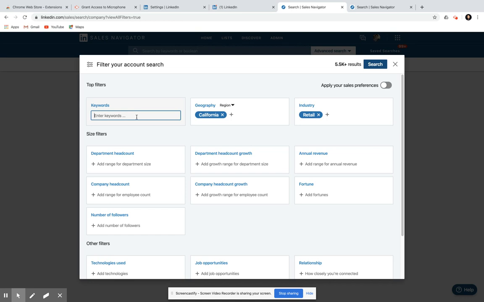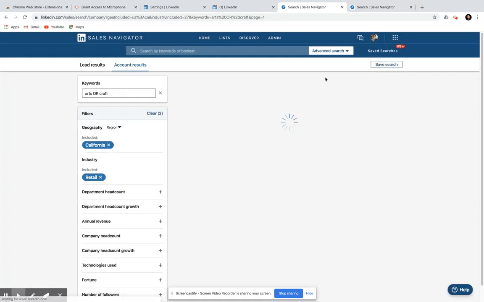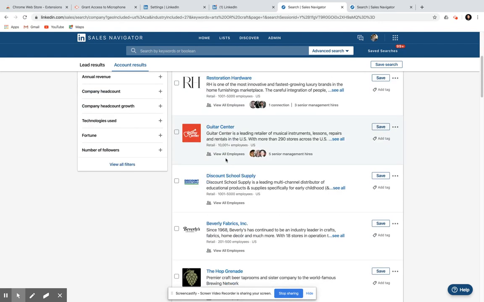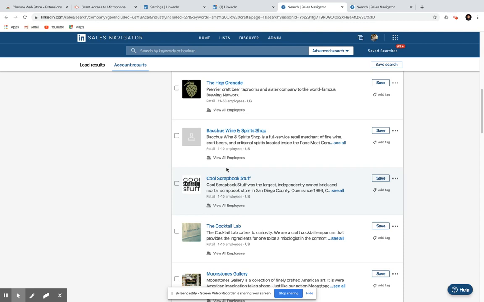And you want to put in the keyword as, let's say, arts and craft. It will give you all the companies who might be into arts or craft, and also they are into the retail industry. So this is how you can do research on the companies, and you can figure out all the companies which can be a potential prospect to you.